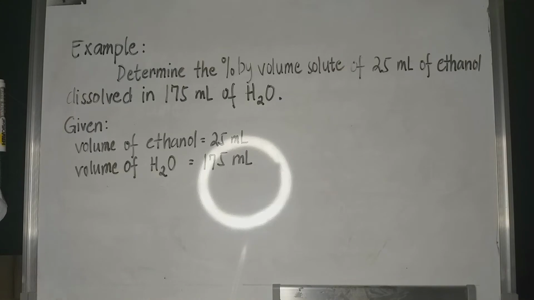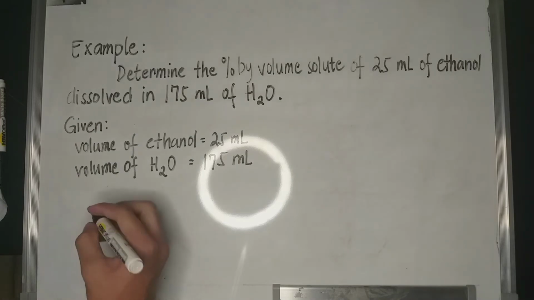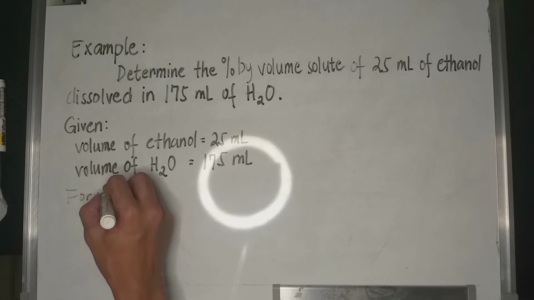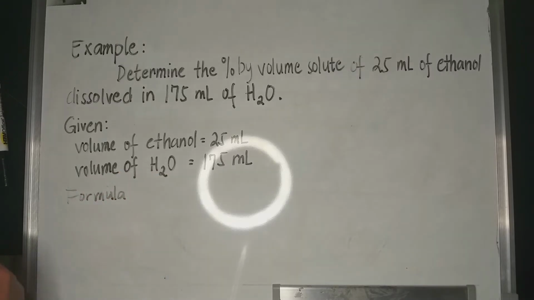Determine the percent by volume solute of 25 ml of ethanol dissolved in 175 ml of H2O. So, the given are volume of ethanol equals 25 ml and volume of H2O equals 175 ml. So now let's write the formula. The formula is